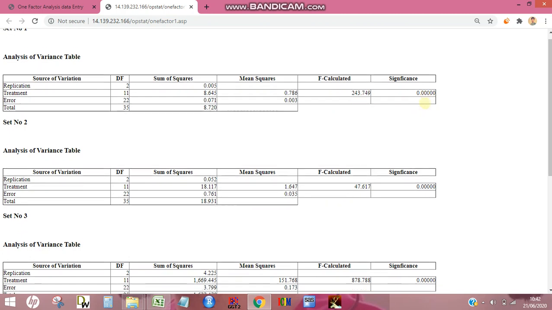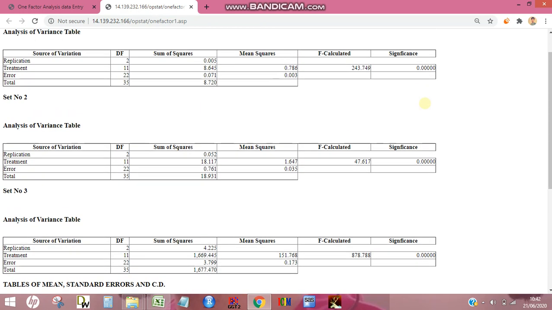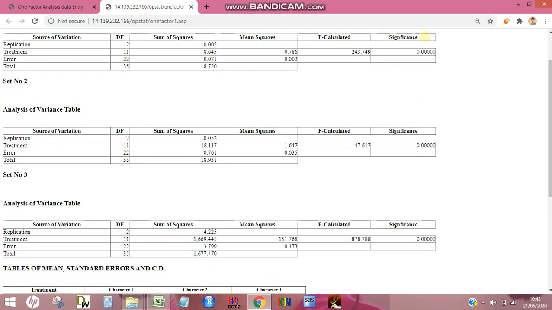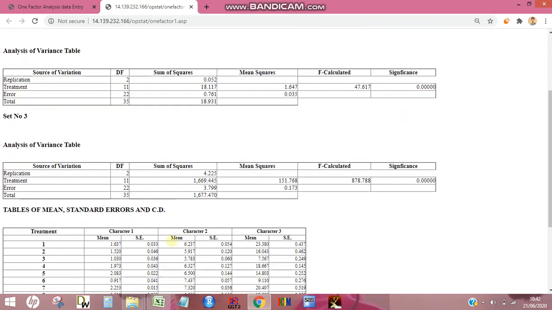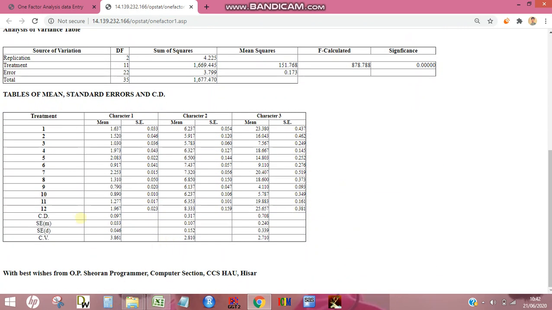So for all the characters we have analyzed, all are significant here because our significance value is less than 0.01, even at 1%. So this is the analysis of variance, and you will also get the coefficient of variation, standard error of mean, and CD value in order to compare different treatments.